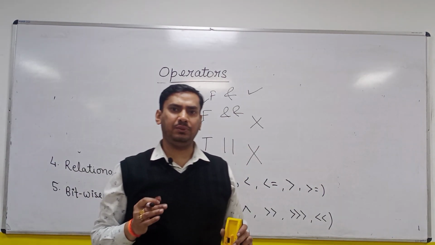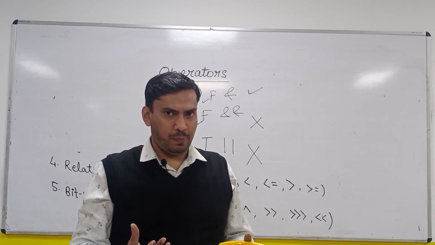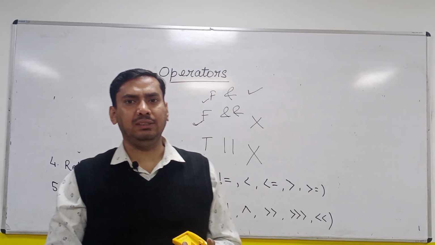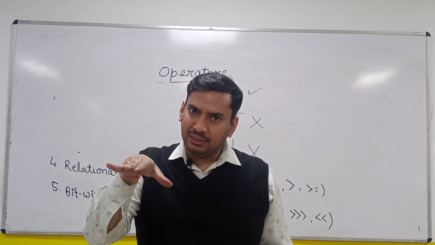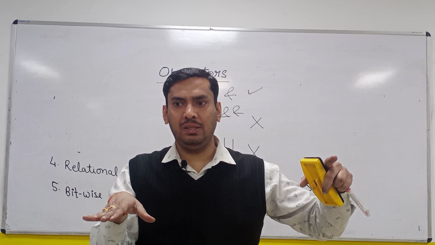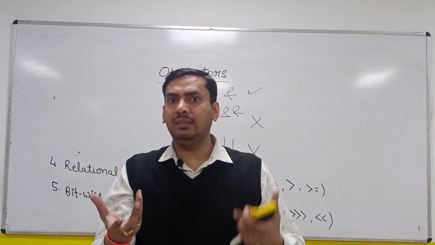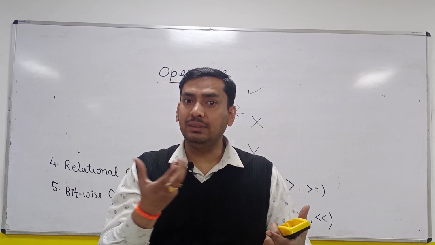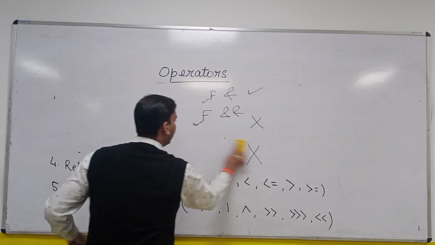So this is the use of short circuit AND and short circuit OR. Short circuit AND is used to ensure that only when the first condition is true, the second condition should be executed. That is, the first operand should be the primary condition and the second operand must be the secondary condition. Let us take an example to understand this.